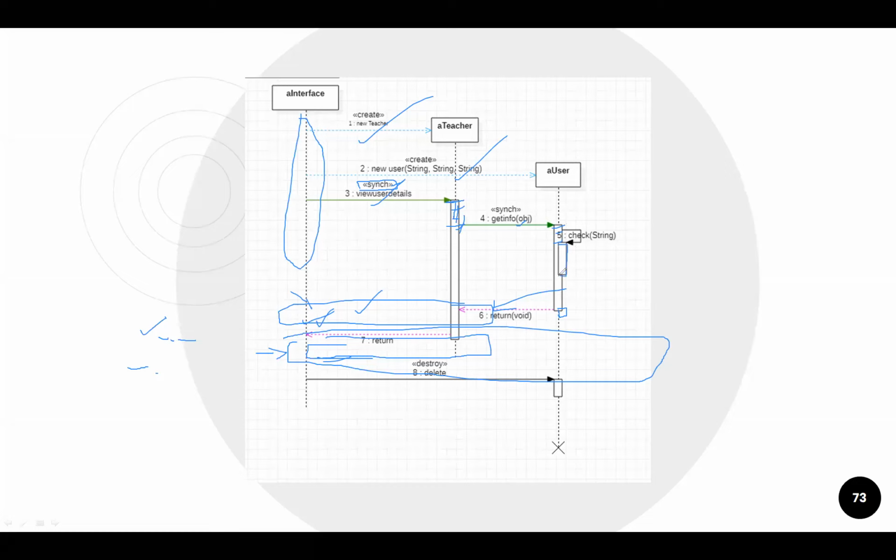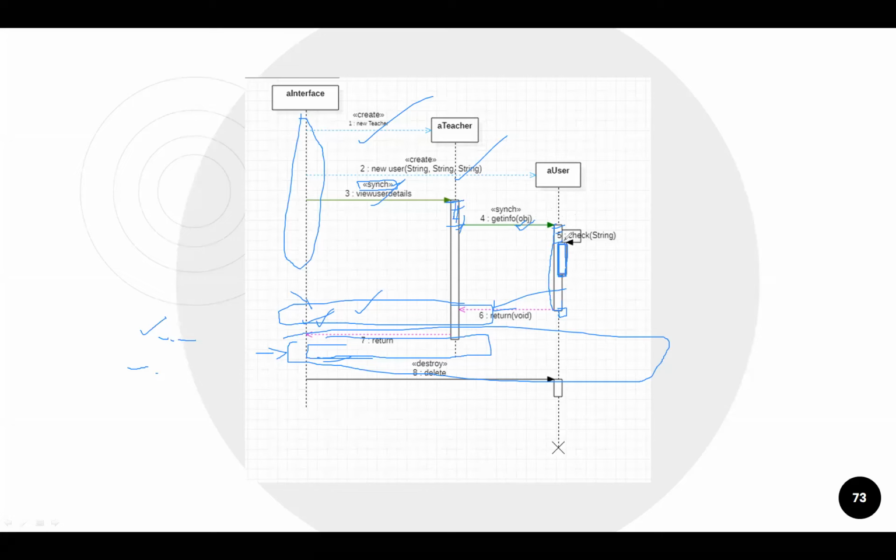It is going to perform its logic, and this check method is a self method. So how are we going to represent the self method? Meaning this method needs to be executed in order to finish this whole block. What is this whole block for? This whole block is for the get info, right? So this check method is a self method.